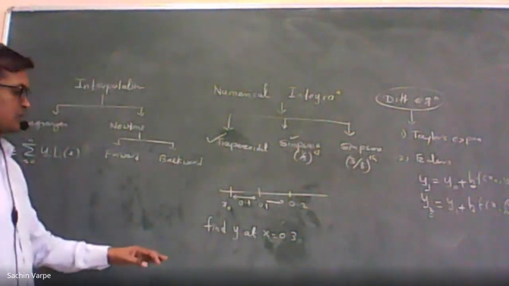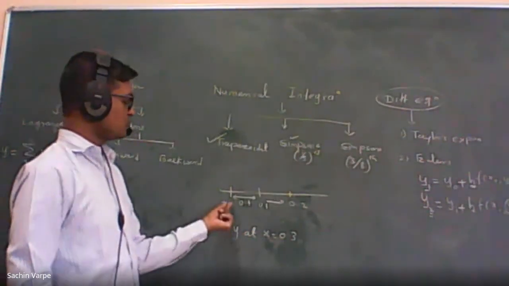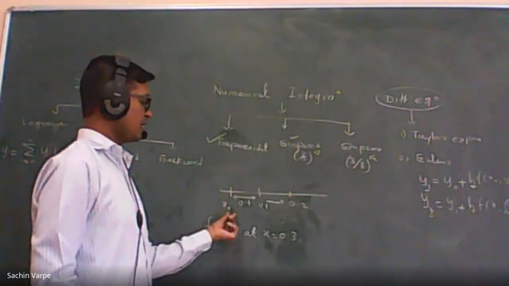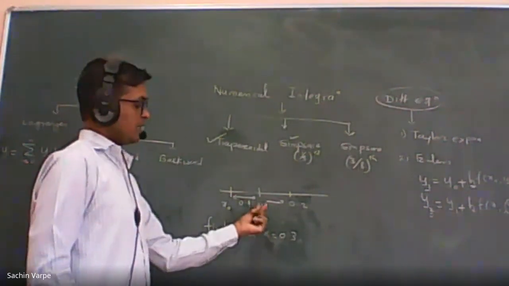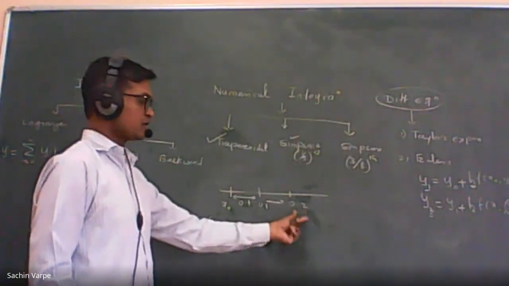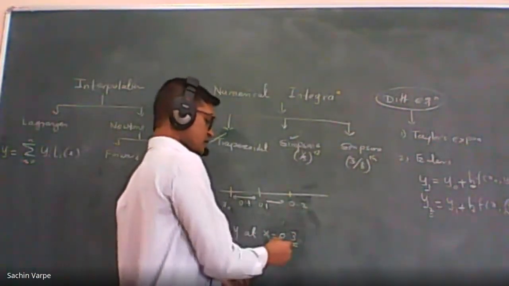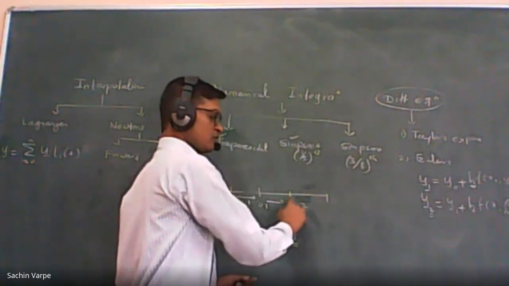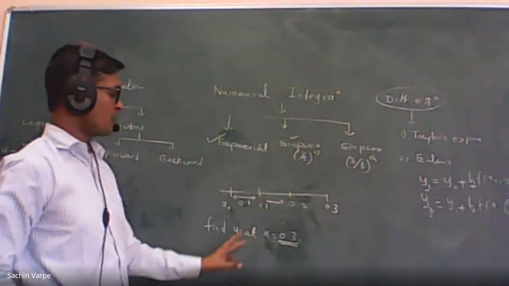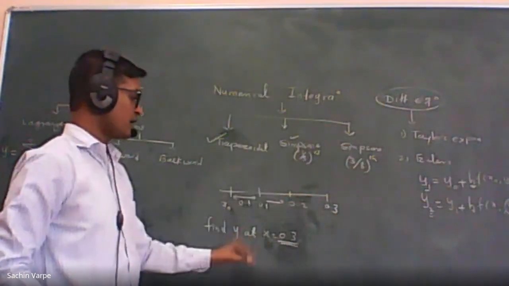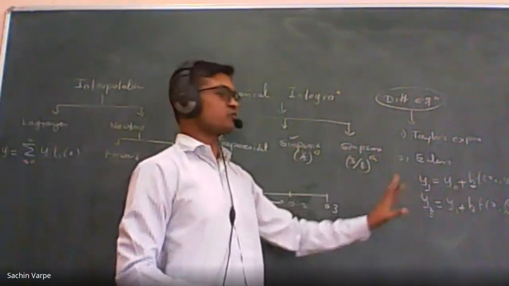So what they want to ask is the value of y3 actually, because y at x is equal to 0 is y naught, isn't it? y at x1, x1 is what? x naught plus h, will be y1. x1 plus h will be x2, and the corresponding y will be y2, isn't it? And the point x is equal to 0.3 that we have been asked about will be x2 plus h, that is x3, and we have been asked to find the value of y at that x3, so that will be y3. So remember, accordingly we'll decide the number of ordinates to proceed.